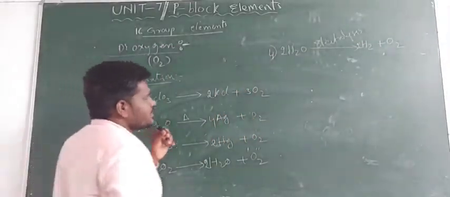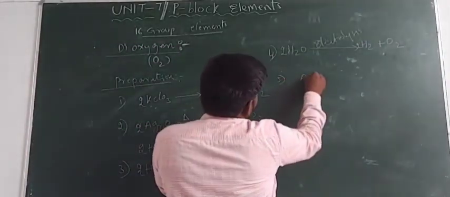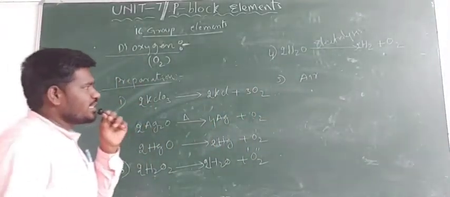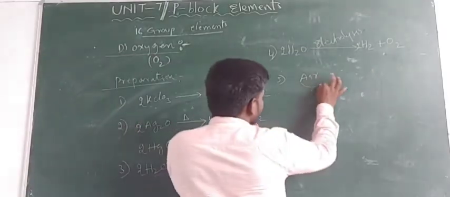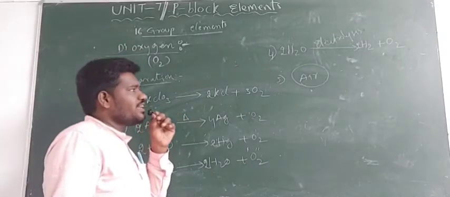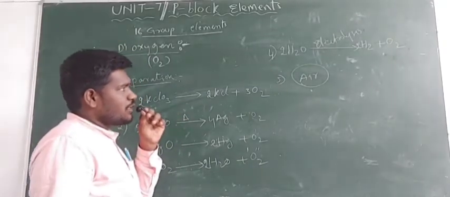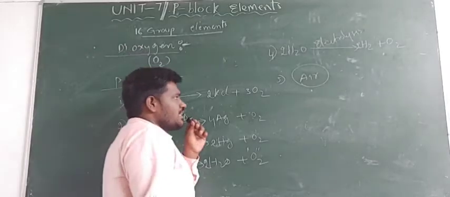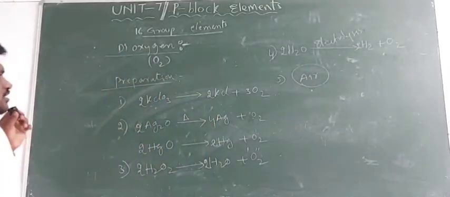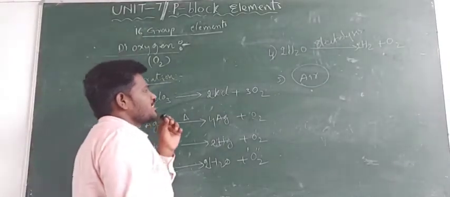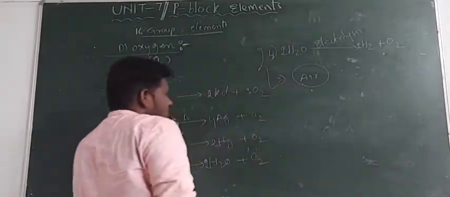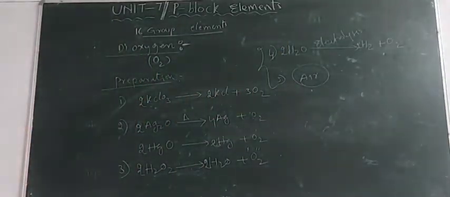Okay. And next, last one, oxygen is obtained from the air. So from the air, after removing the dust, air is converted into a liquid under low temperature, and that liquid air is subjected to fractional distillation. In the fractional distillation, oxygen is separated at a particular temperature from the rest of the components present in the air. So guys, these two are the best methods to prepare oxygen gas on a large scale.